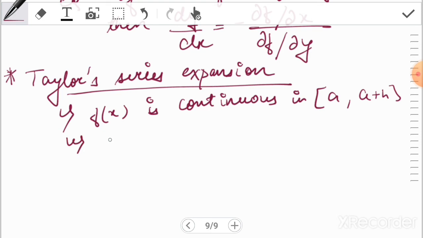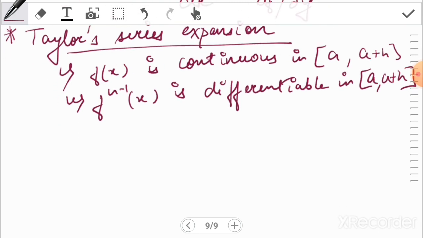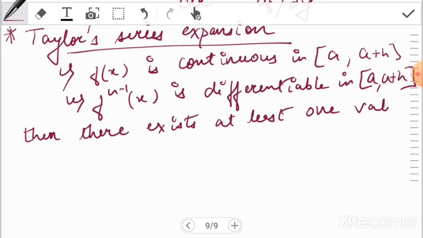Second, f^(n-1) is differentiable in (a, a plus h). Okay. Then there exists at least one value theta belonging to (0, 1) such that